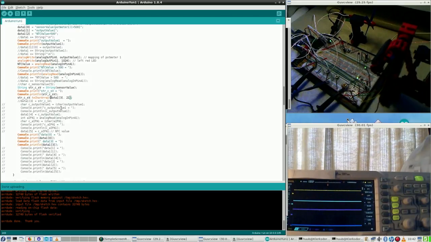So should I somehow put a pointer here? I really have no idea. And yeah, how to solve that? Maybe just a pointer here.